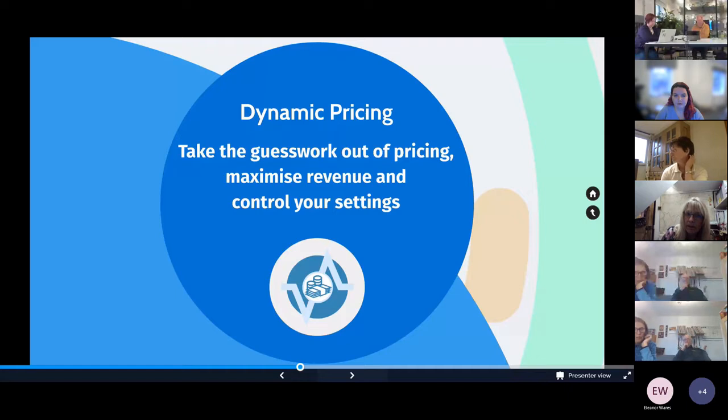We've seen a lot of businesses grow their average daily rate by about 20 or 30%, and keep their occupancy at the same level. So at the end of the year, they might be 20% up on their revenue, simply by implementing a smarter system of pricing. So really useful. If you're not busy, it will drop your rates a bit, but again, you set the minimum that you'll let it drop to. And then when you are really busy, it will stretch them towards your maximum and often hit your maximum. And then it might come back and say, actually, you could charge a little bit more on these dates, based on what other people are charging around you and also the demand.